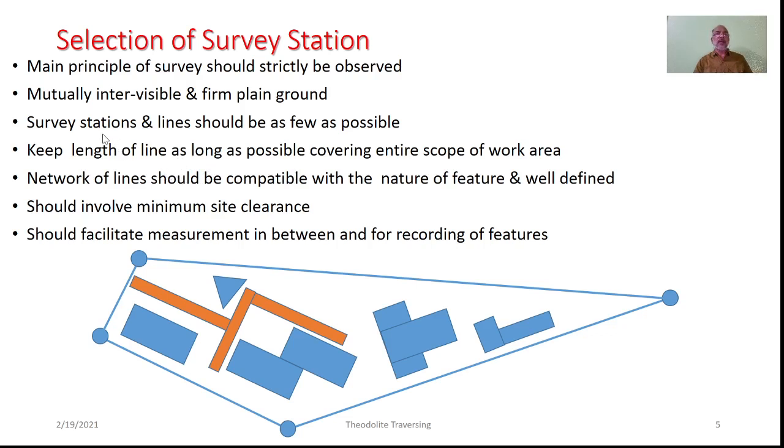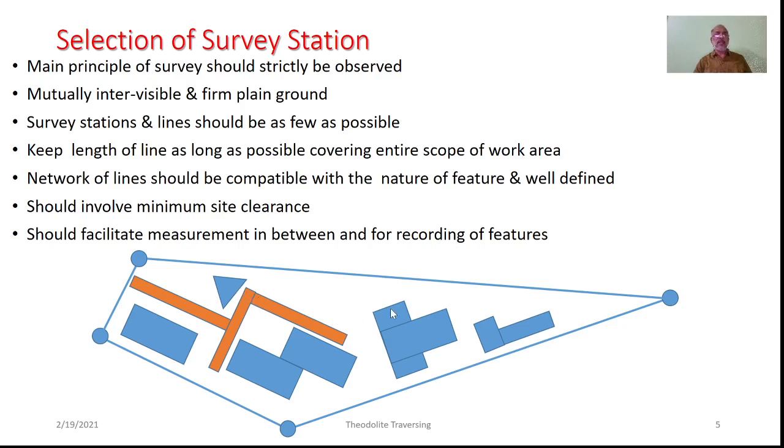This goes with our earlier discussion, that is choosing the optimum number of survey stations. Even the network of this particular survey lines should be compatible with the nature of the feature and well defined. Say for example, if we think of this particular kind of the features we wish to survey, the kind of the network that we have considered here would be beneficial. Otherwise, one could have gone for some bigger networks which would be unnecessarily attracting more work and more cost